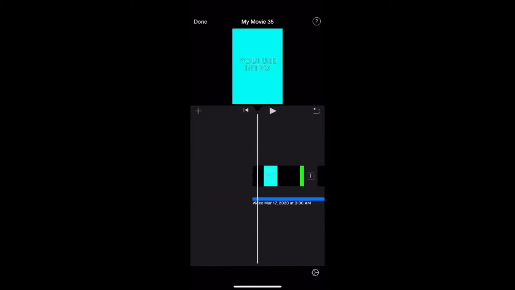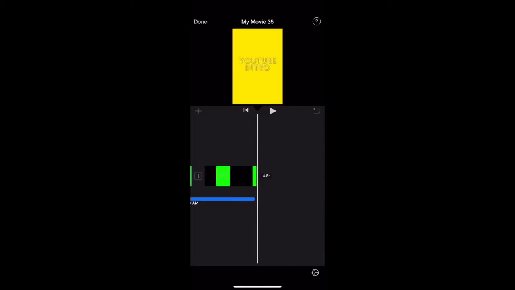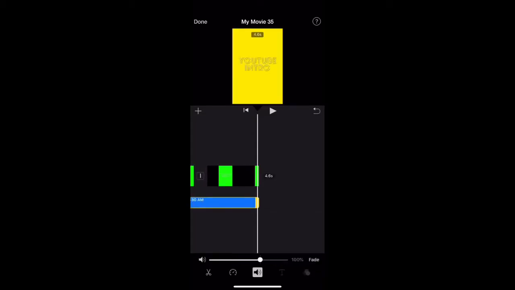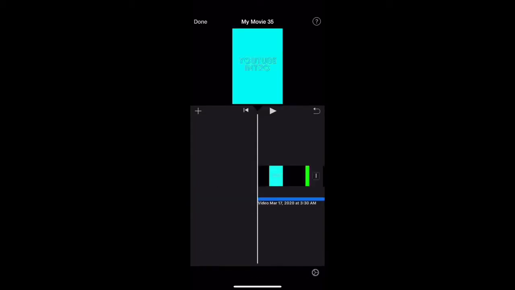Now that's not the most accurate, but you can edit it around and make it fit with the music. And when you want to cut it, you can fade the audio out so that it doesn't just cut off. I hope y'all enjoyed that